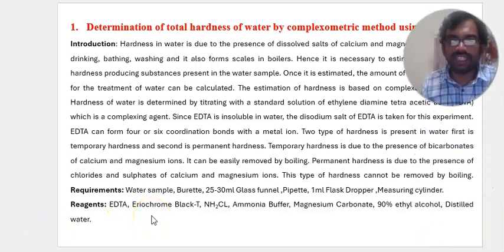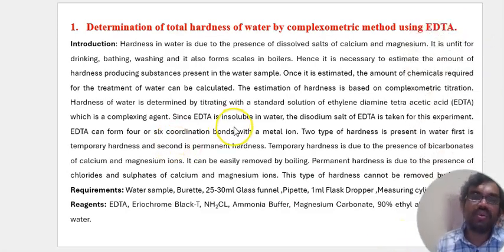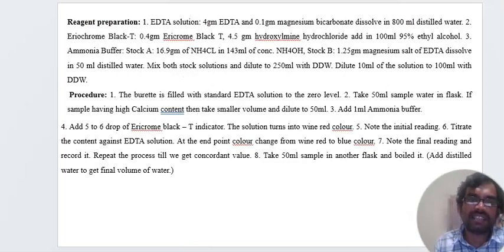Reagents: mostly they use EDTA, Eriochrome Black T, ammonium chloride-ammonia buffer, magnesium carbonate, 90% ethyl alcohol and distilled water. These are the reagents for the determination of hardness of water. So you can understand what hardness of water is. Then you can see a few of the reagents we need to prepare before we plan this